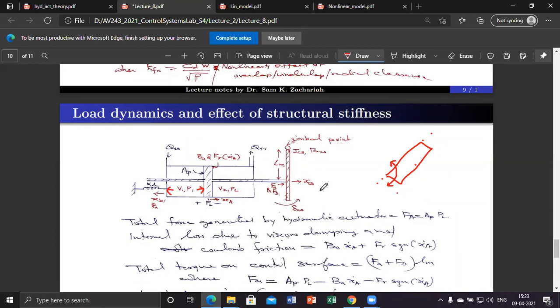Okay, now you come back to the actuator. So I can say that the relative movement of the piston with respect to the cylinder, that is the total elongation of the body, that is XA, is equal to XCS plus XB, where XB is FA divided by KL. FA is the reaction force divided by stiffness, and XCS is nothing but the equivalent linear movement, or delta CS, multiplied by the momentum.